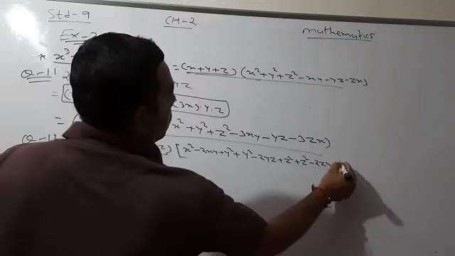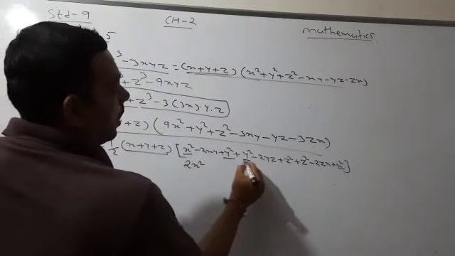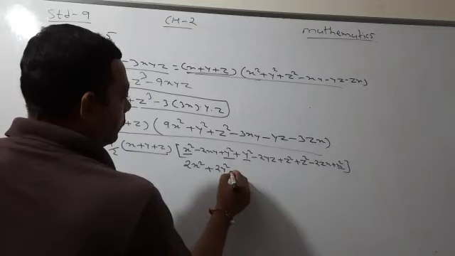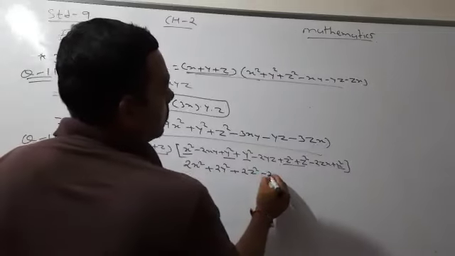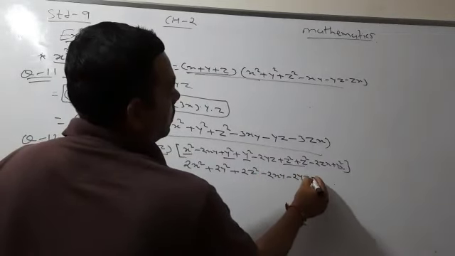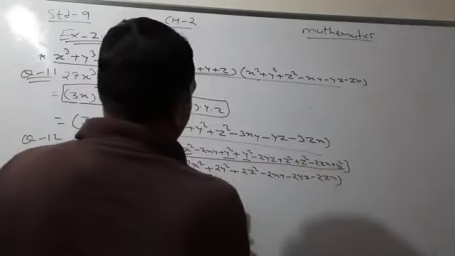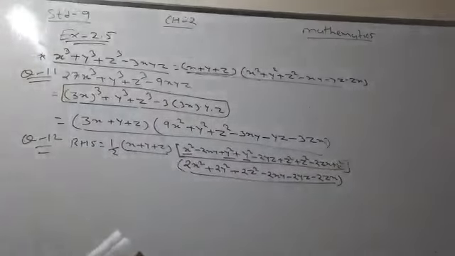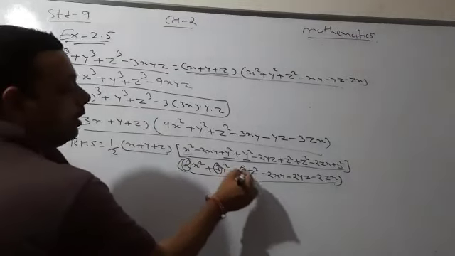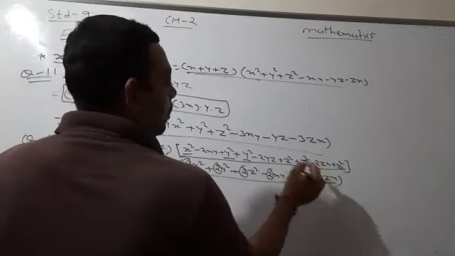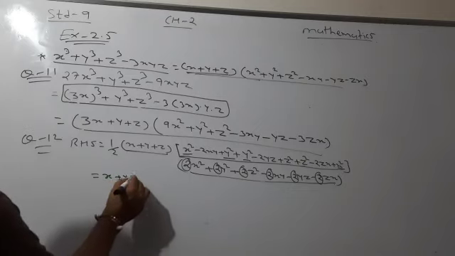2zx plus x square. Now observe x square, it is 2x square. Observe y square, it is 2y square. Observe z square, it is 2z square. Then minus of 2xy, minus of 2yz, minus of 2zx. So now finally the answer of this bracket is this. Observe which number is common from this bracket. Definitely 2. If I take 2 common from each and every term, what is left? 1 by 2 and 2 get cancelled. So the left part is x plus y plus z.